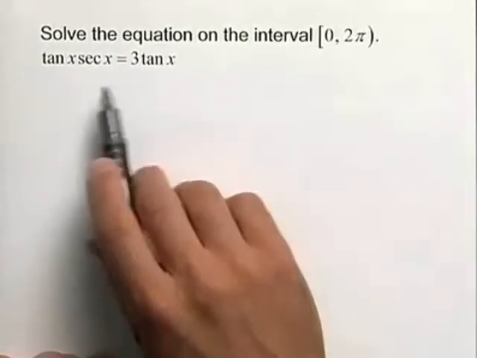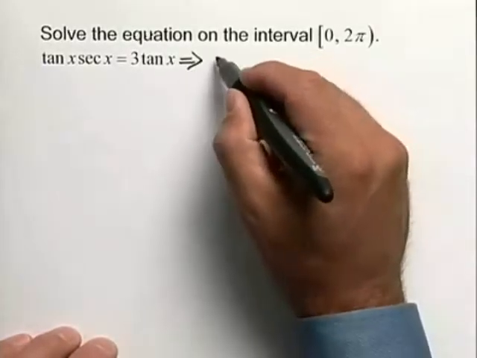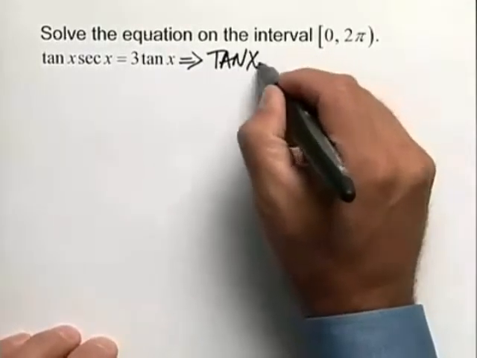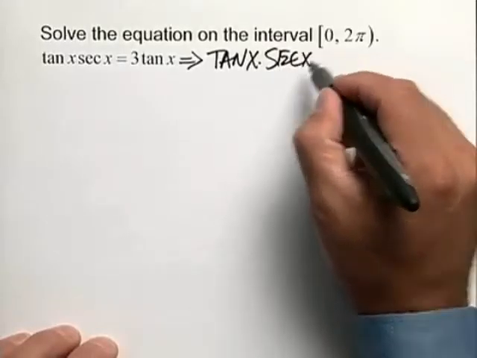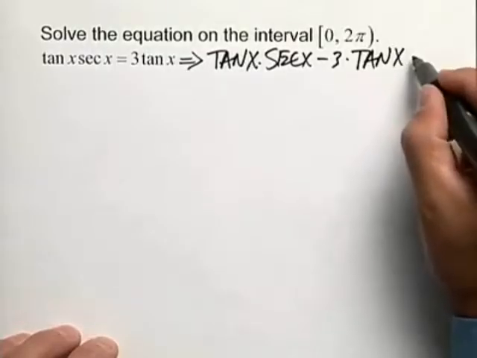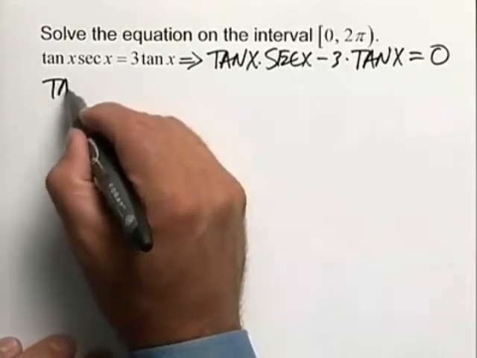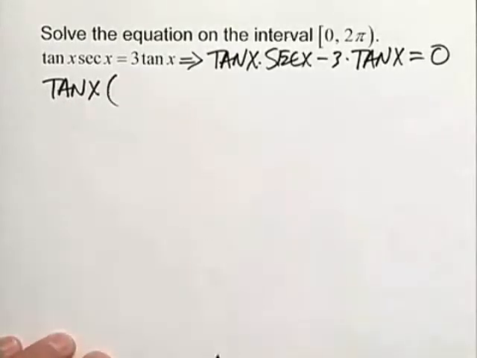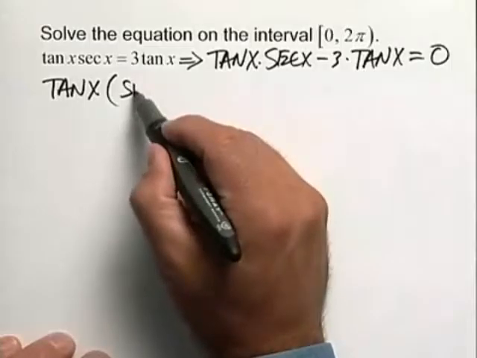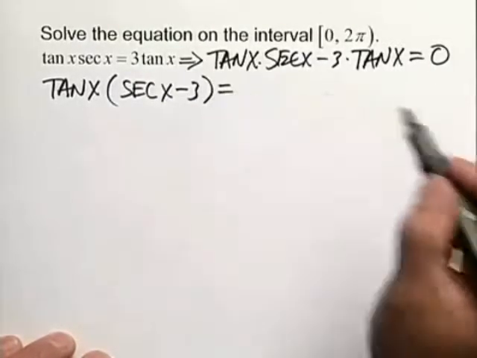Alright, first thing, let's move the 3 tangent x to the left-hand side. So our transformed equation looks like the tangent of x times the secant of x minus 3 times the tangent of x equals 0. Now, we want a multiplication problem on the left, so we'll factor a tangent of x out in front, multiplied by what remains, which in this case is the secant of x minus 3,